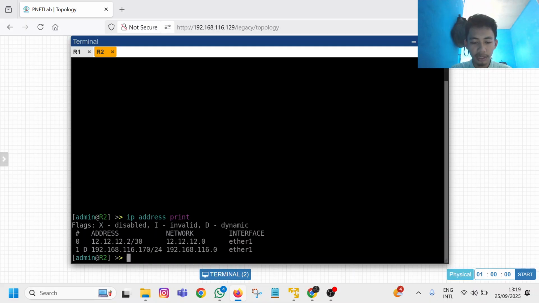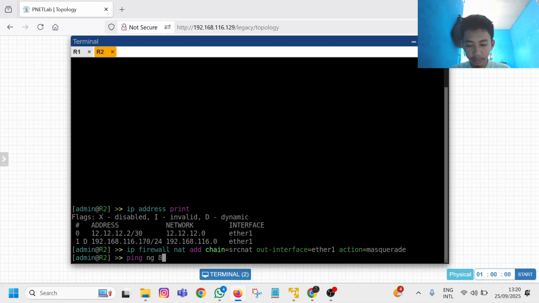We also need to set the firewall NAT. Add, chain srcnat. But now the out interface is ether 1, and the action is masquerade as typing.